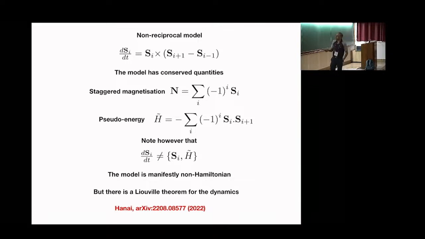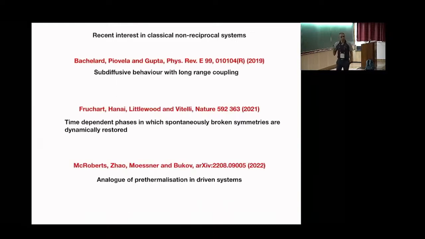But it turns out that there is still a Liouville theorem for the dynamics, despite the fact that it's non-Hamiltonian. And there are some consequences of that, which I won't get into right now. Okay, so that's the model that we are looking at. And so there is, at this point, this analogy with the Heisenberg model in terms of the presence of these